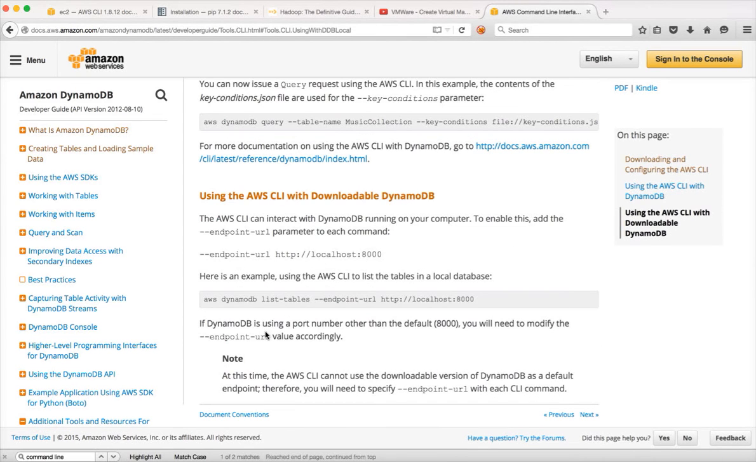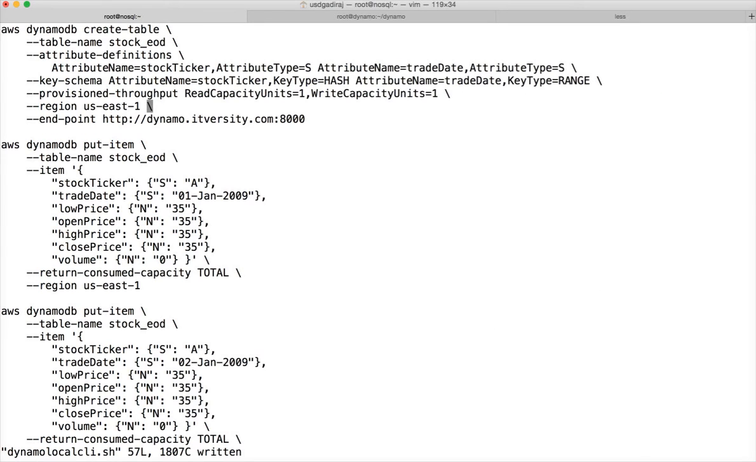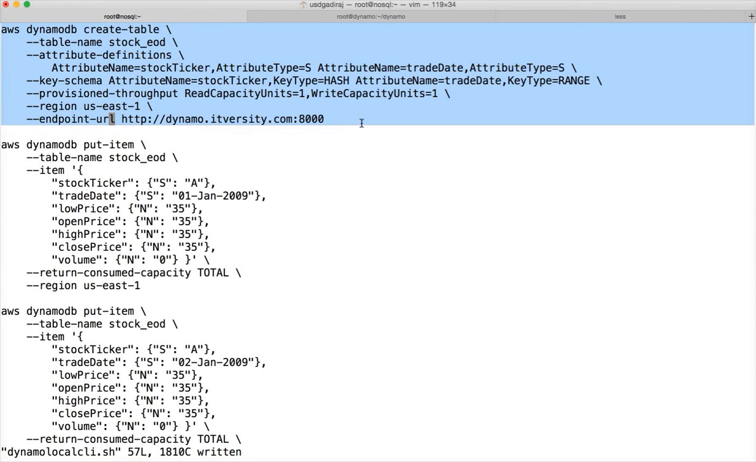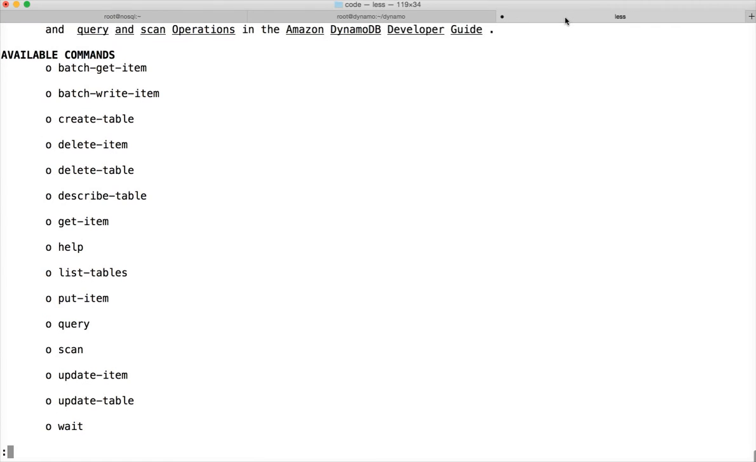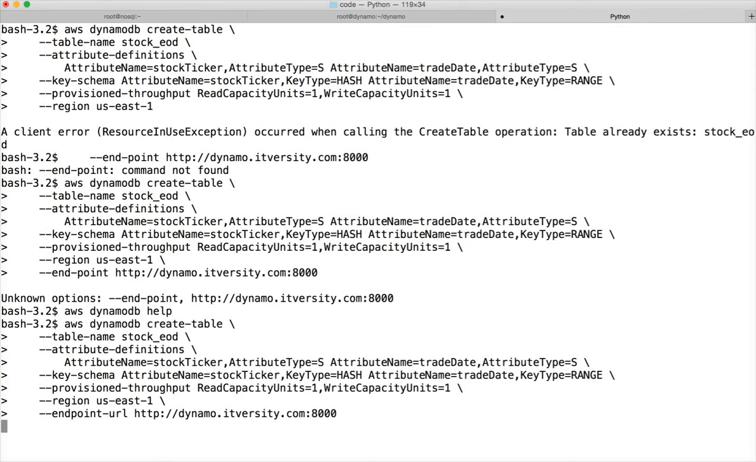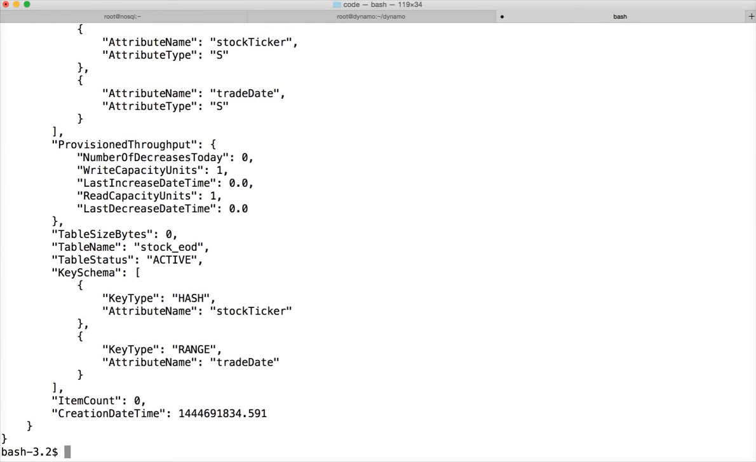Yeah, the parameter is endpoint minus URL. I don't know why they did not include it in the help. Okay, now you can actually copy this one and run it over here. So the table is created,